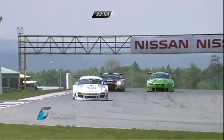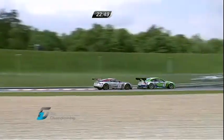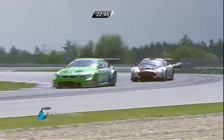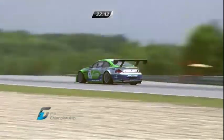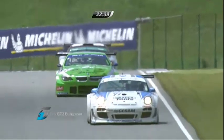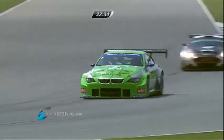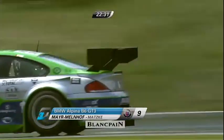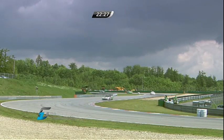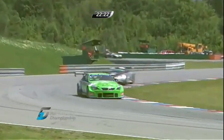Well, like these guys, we are limited to the screens here as you watch the number 6 Alpina car go past the Aston Martin. In these cars, they have a little switch to flick to indicate who's in the car, and sometimes they do not flick that switch, so sometimes it's not updated on the timing screens. No, quite. If the stewards send them a message, we'll know all about it, but I know that the Aston Martin hasn't flicked their switch because it's still reading Frederic Makowiecki, but we know that it's Manuel Rodriguez in there